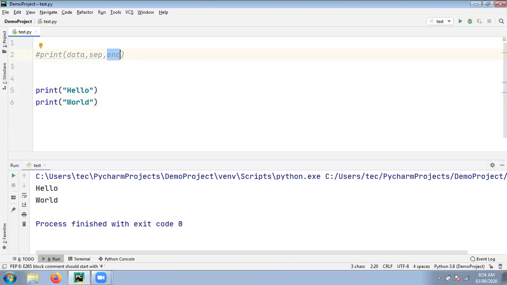\n means what? New line character. Now what is the meaning of this one? It will print hello to the command prompt and go to the next line. Means after printing hello, it will go to the next line. Check out here, cursor transfers to the next line. By default, the print function prints output to the command prompt and goes to the next line, because by default the end line character is